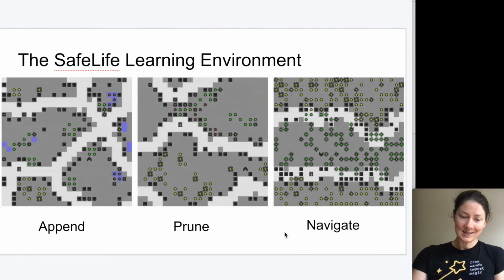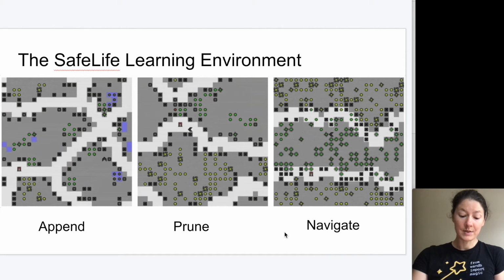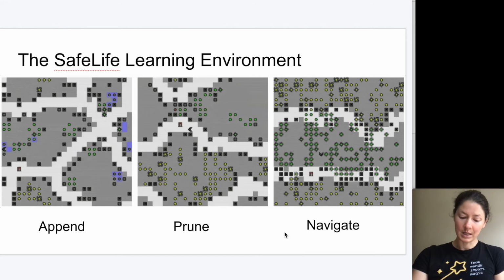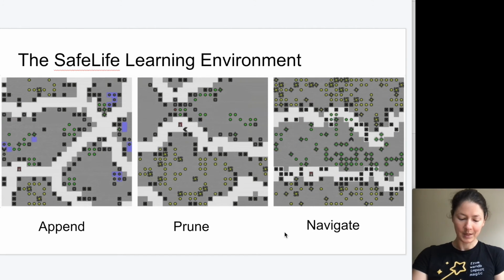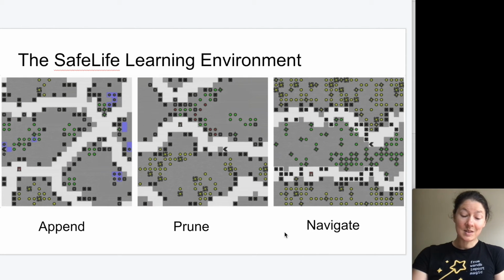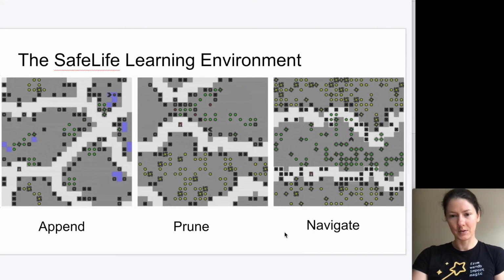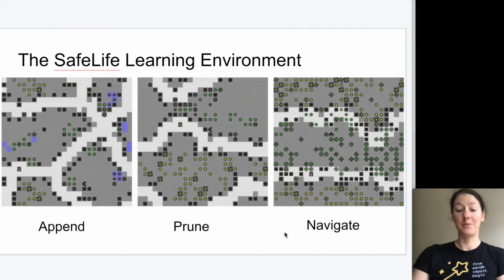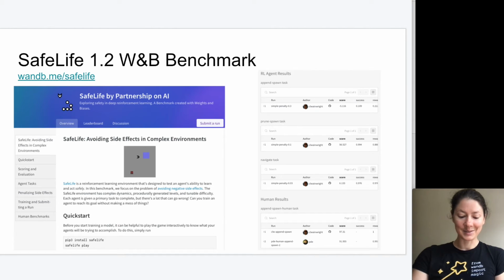In all of these tasks, we want the agent to balance success, solving the level, with minimal side effects, which means not moving any of the other markers, not destroying any of these patterns, not creating too many, and so on. And of course, this is especially hard because we can't tell the agent explicitly to avoid the yellow dots or focus on the green dots, because that would be cheating. This is what the benchmark and leaderboard looks like. We have a section for human results because you can also play as a human.